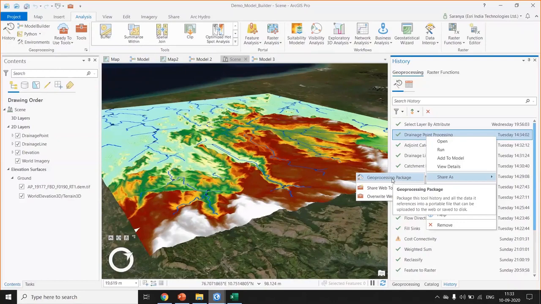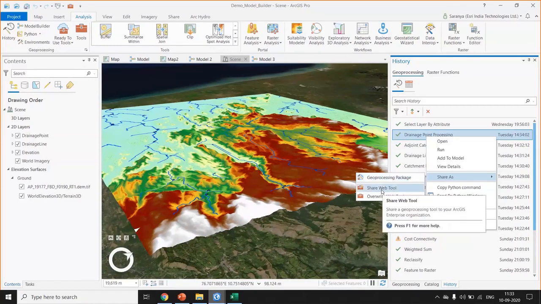This package will have all the input and other essential settings. So when the other person runs it, he will be able to use the same data and recreate the same results. If necessary, he may also add his own data sets to create the outputs.